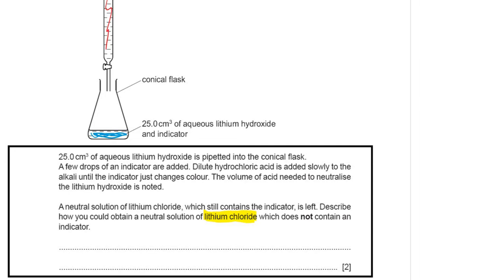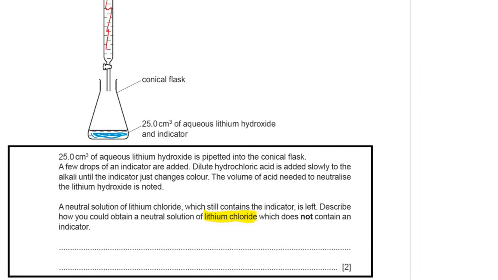We could add activated charcoal, or activated carbon, to remove the indicator, and then we'd have to filter out the activated charcoal. Or the most common method is to repeat the experiment without an indicator using the same